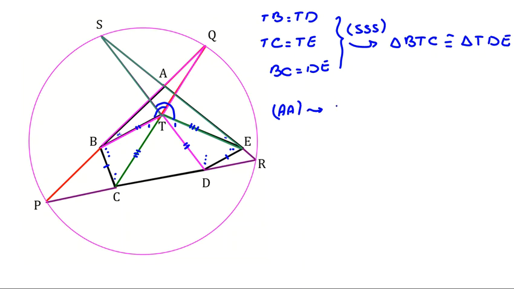Okay, so we can say by two angles, which two triangles are similar? The pink triangle QBT and the other one, ST. So these two triangles are similar, so we can conclude that angle S1 equals angle Q1. And also, what can we say about the ratios? We can say ST over QT